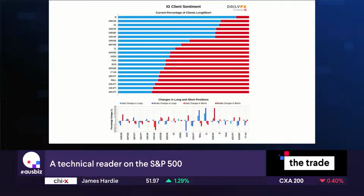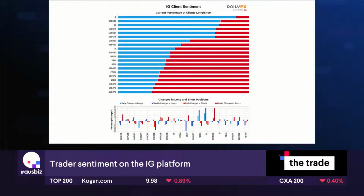Well, I think, and almost sort of fortuitously, what we did see a lot of recently is trying to effectively fade that weakness in the Japanese yen. So as you can see at the bottom of the chart there, you've got the USD/JPY, so the dollar yen, and the Aussie yen as well. And you've got short positions in that really quiet stretch, just really on the basis that the yen has weakened so considerably. Of course, that's been tied back to that steepening of global bond yields and the fact that